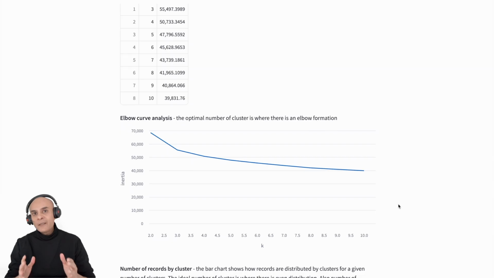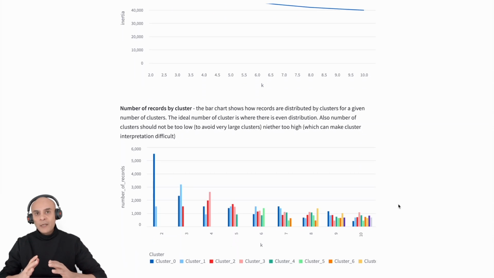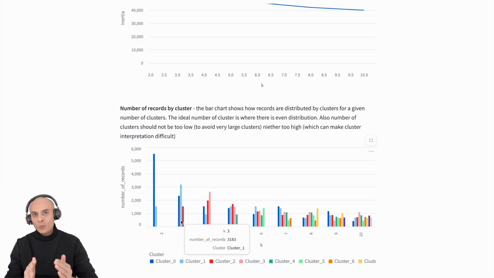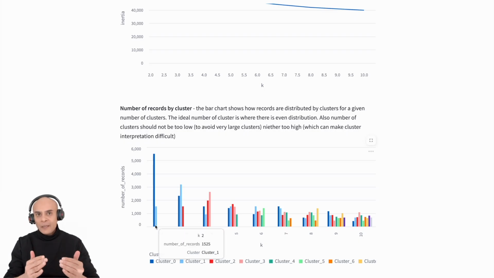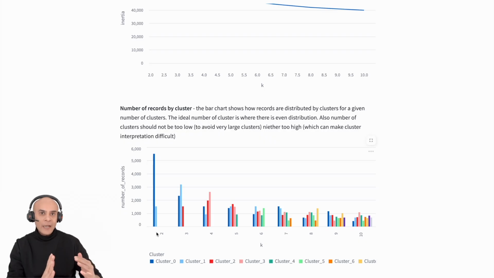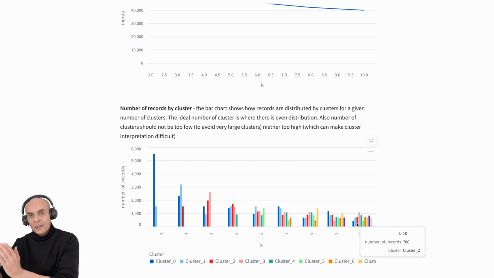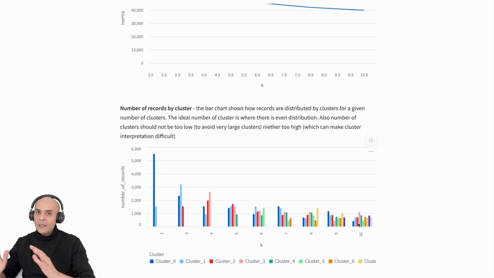However, the best practice is also to verify this using a distribution of records across the clusters. So using this visualization, you can do that. Here on the x-axis, you see the different number of clusters, and all the bars correspond to the number of records which will be there in the clusters. So for example, if you select a low number of clusters, your clusters will be overloaded. You will have many records in the clusters, but if you select a very high number of clusters, certainly the number of records in each of the clusters will be less, but you will have many clusters